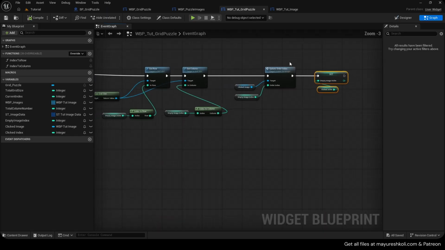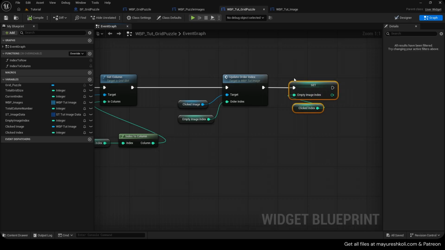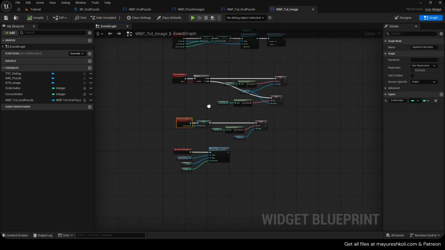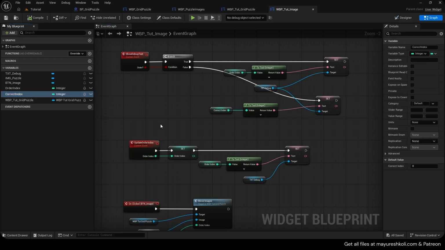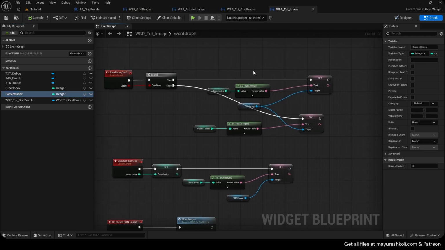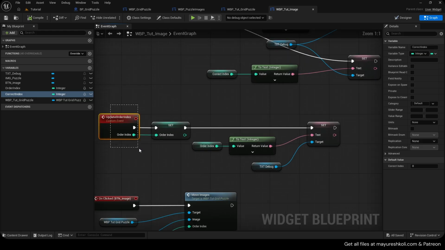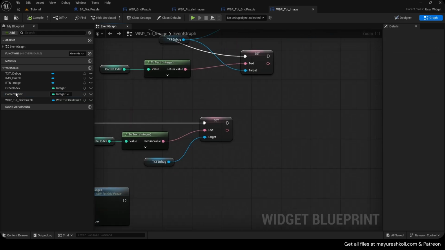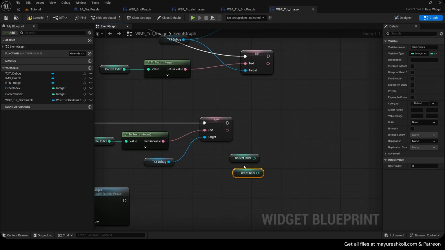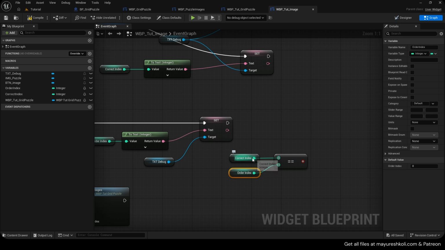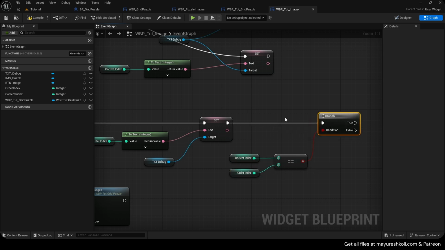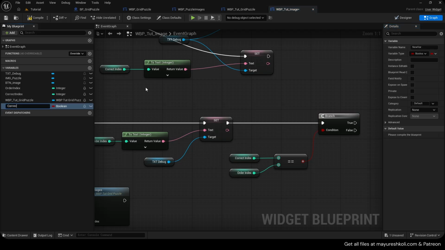Now we need to make sure that we can actually have a win condition. So how do we know the win condition? Well, remember we actually have a correct index that we made previously, and all we need to do is, whenever we are updating the order index, we need to check if our correct index and order index are equal. So if the order index is equal to the correct index, it means that it's at the right slot. Let's do a branch